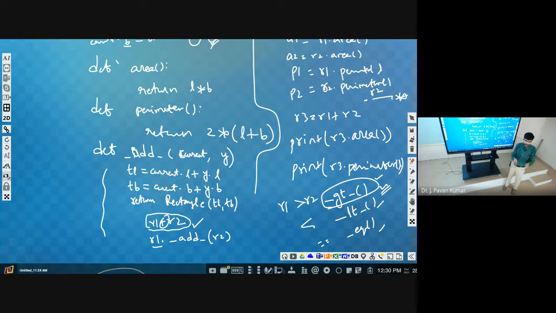In all the cases we have to compute these four values: area of two rectangles, perimeter of two rectangles. Then we can compare, then we will conclude R1 is greater than R2, or R1 is less than R2, or R1 is equal to R2, or we cannot compare those also. So like this we can perform operator overloading.